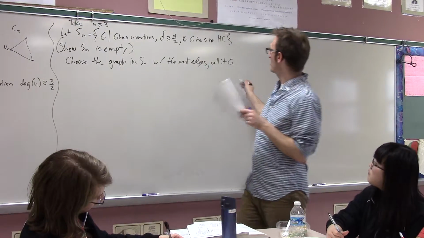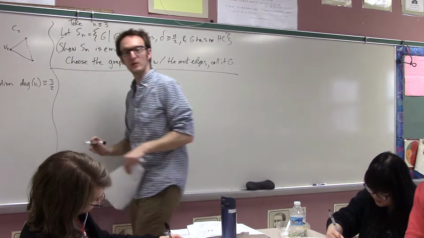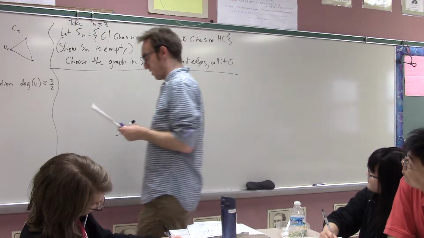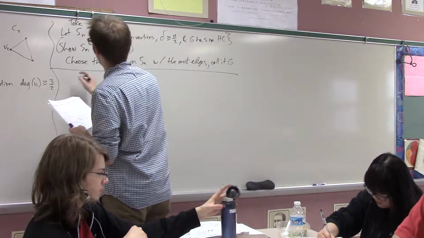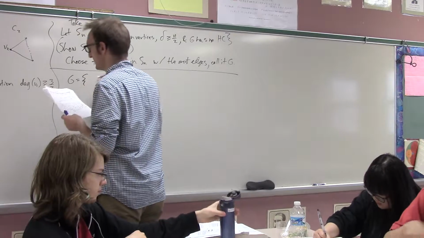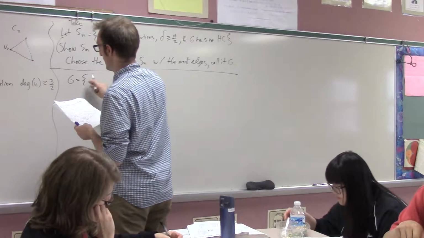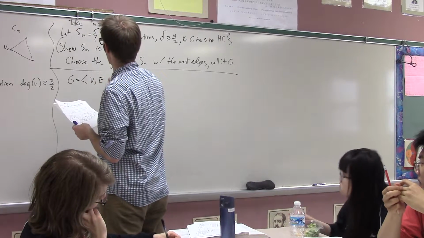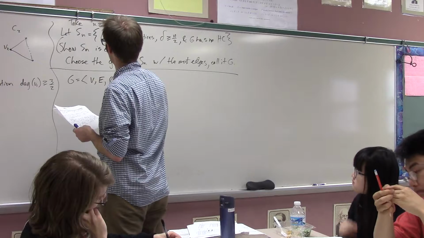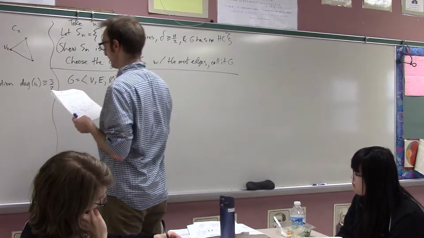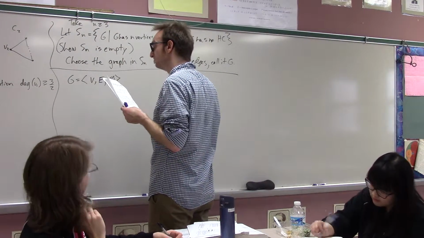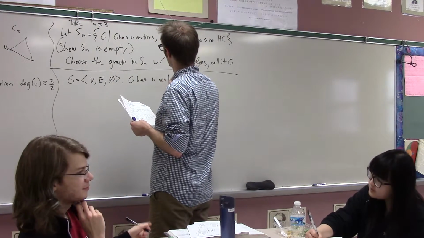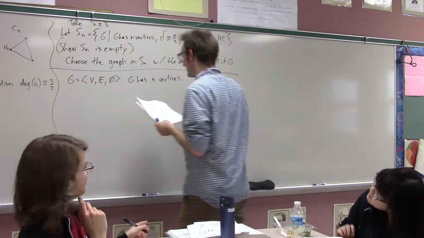Alright, so this was all just the setup. Let's recap where we are. What is going on with this graph G? Well, G is some graph. It is an ordered triple of vertices, edges, and then there's that annoying phi function or whatever that Greek letter is. Okay, so here's what we know about G. G has n vertices, and each vertex